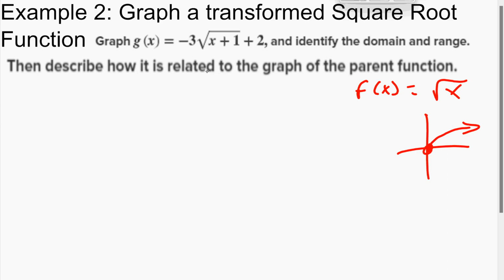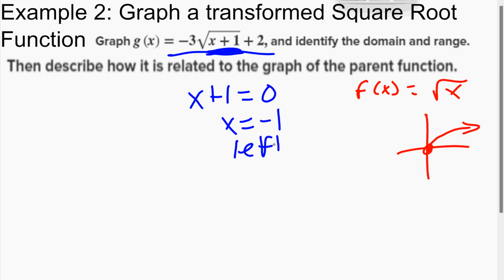So we're describing how this one's a little bit different. Okay, so we notice that to make the square root 0, we set the inside of the root to 0, and we saw we get x equals -1, right? So that means we're a little bit left from this parent function, right? We're going to start at -1 instead of at 0 on our